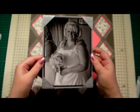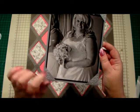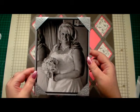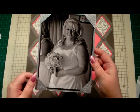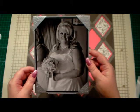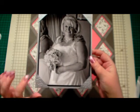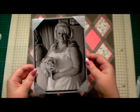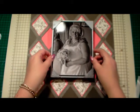So I've taken my photo and I've matted it onto black and then onto a silver pearl card, and I've made the embossed corners using Anna Griffin's Garden Cuttings range, using one of the border dies, and I think, as far as I can remember, this was the Thistle Bouquet. So I've done that with my photograph. Now my photograph is black and white, and that's why I've matted it onto the black and then onto the silver, just to keep in tone with the photograph, because the colour that we're adding is going to be on